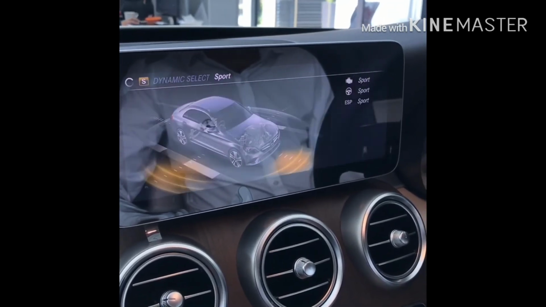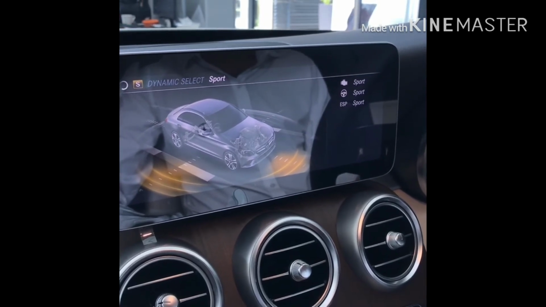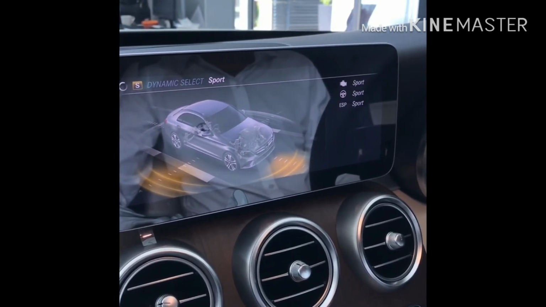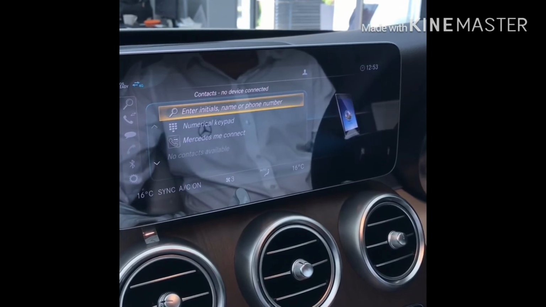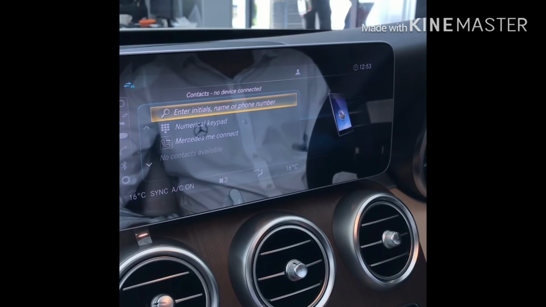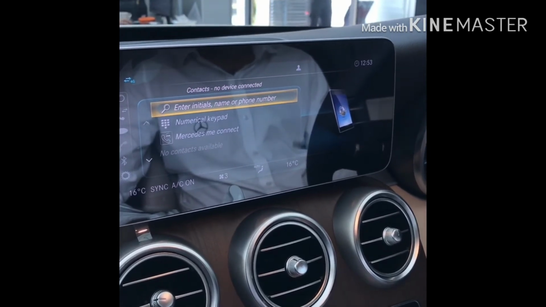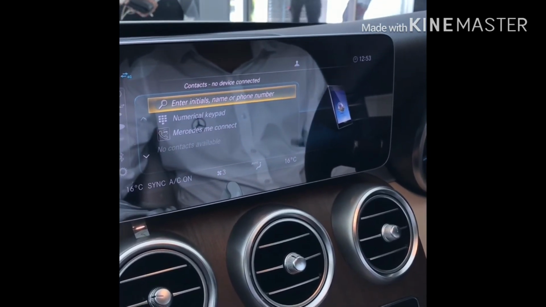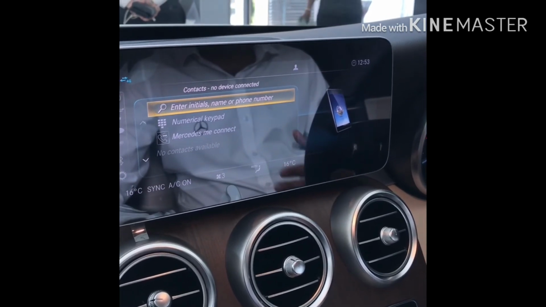Another thing is you got Sport and Sport Plus, in which your engine starts revving higher, gives you better performance. So your suspension becomes stiffer, steering wheel becomes more responsive. Sport Plus is for driver-friendly people who really want to enjoy their vehicles. You can shift to Sport Plus and you can enjoy the full power of the vehicle.